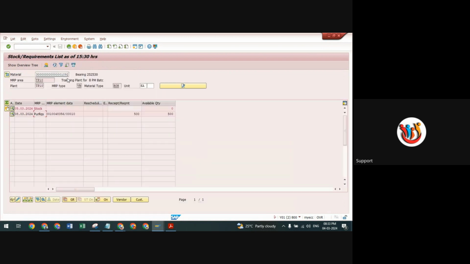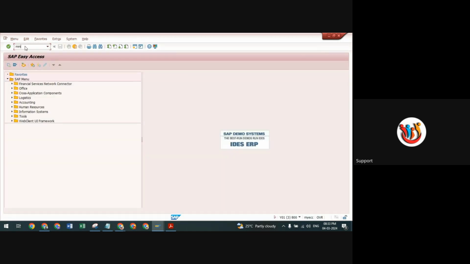Because if you check here, it is showing that the stock of your material is 0 now. Okay. And the receipt required is 500 quantity. So after the receipt, 500 will be your available quantity. Why is this? Because during the material master creation in MM03, I just want to display there